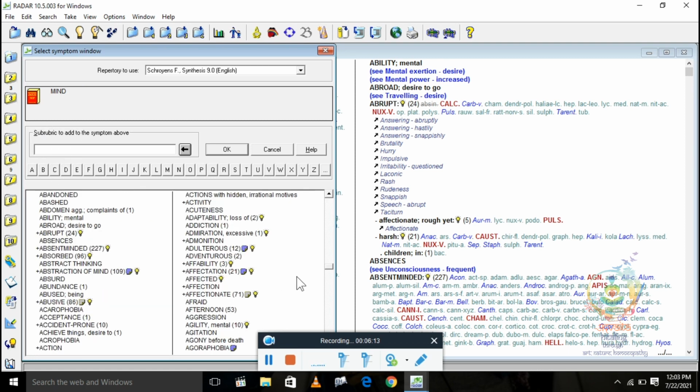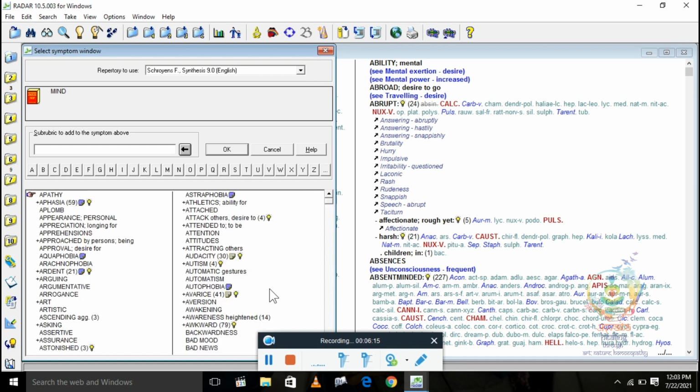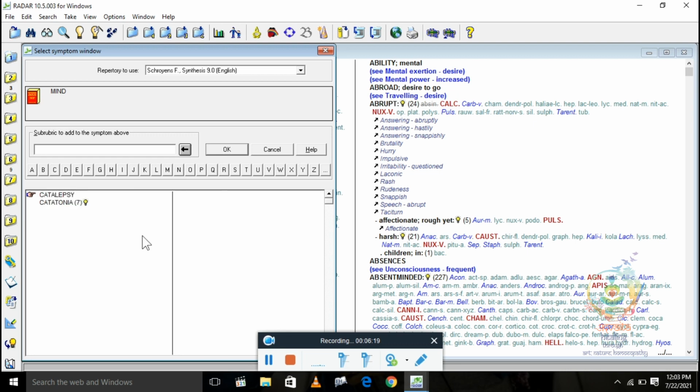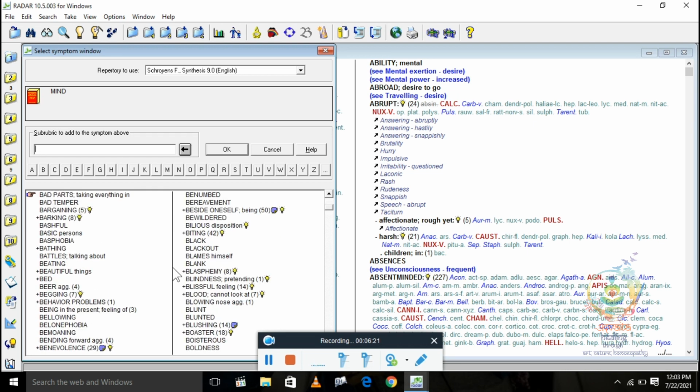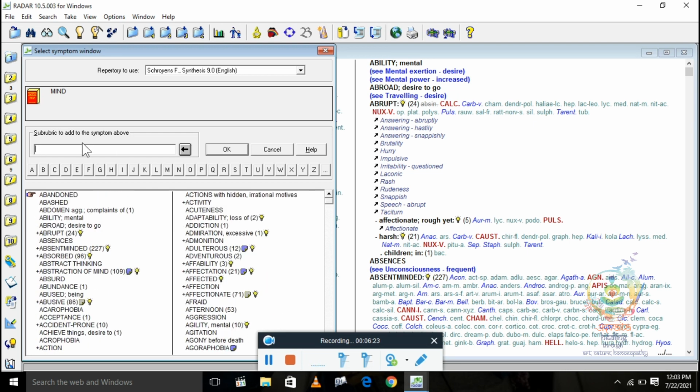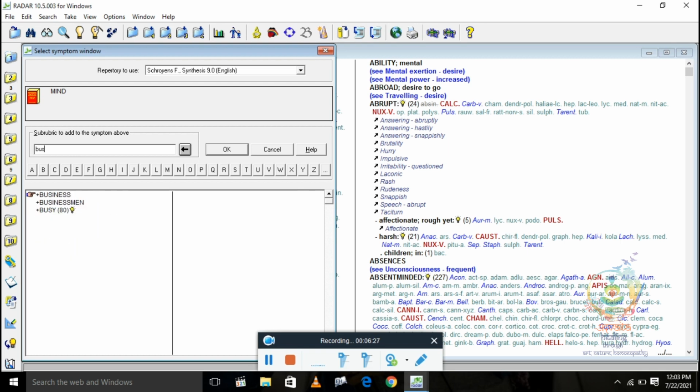You can also press page down and the whole repertory rubrics will appear accordingly, page up and page down. But what I am doing is just typing business incapacity for. See here you can see the rubric. Okay, this is the rubric.